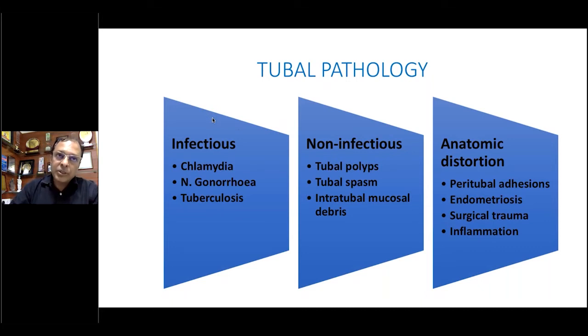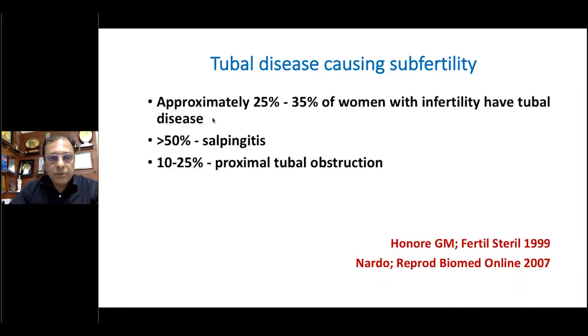Now, chlamydia is far less diagnosed, I've seen, in India than it is in, for example, the UK. In the UK, it is diagnosed far more often than we diagnose here. But it is a significant factor in tubal infertility. Tuberculosis here is, as we all know, more common. Then there are those non-infectious causes and anatomical distortions. I'll show you a few examples of these as to how we deal with them and how good we can